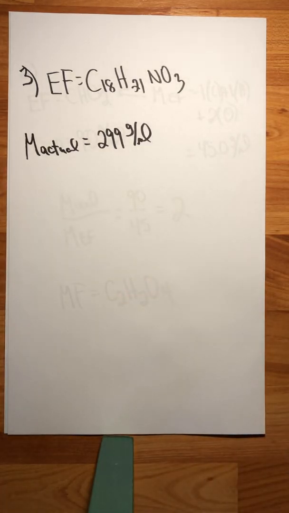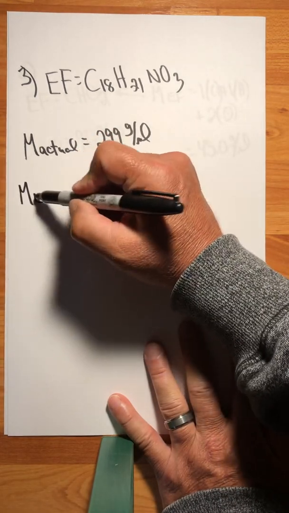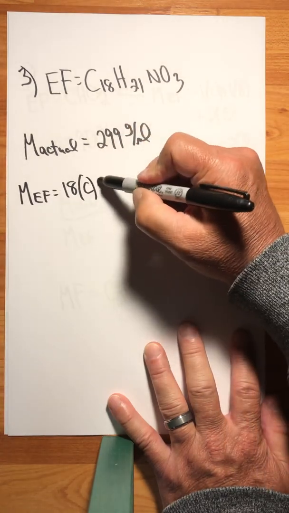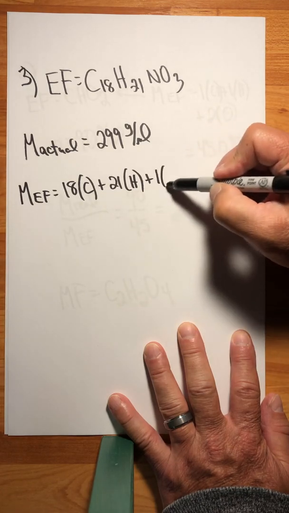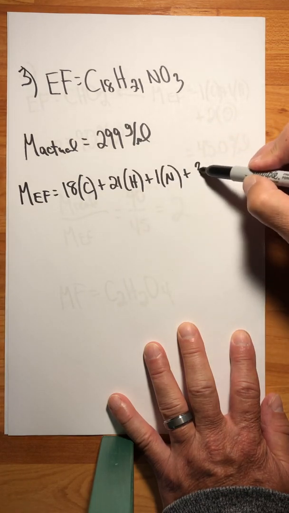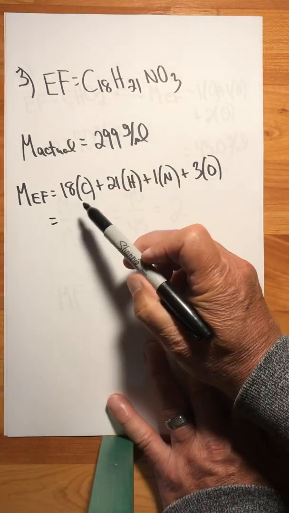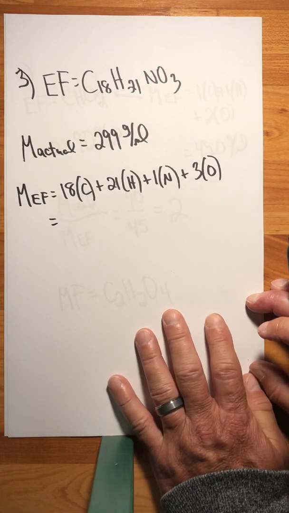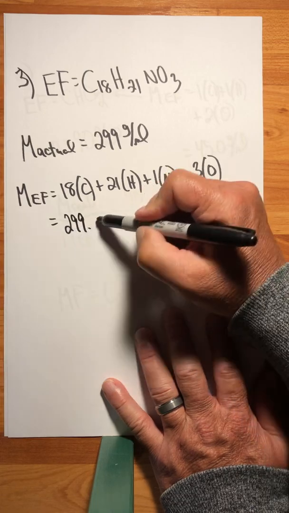So what I want to do here is find the molar mass of the empirical formula. So we've got 18 carbons, 21 hydrogens, 1 nitrogen, and 3 oxygens. Okay? You would obviously look those up on the periodic table. I'm going to save you a little bit of work right now, and when I do this, I end up with 299.4